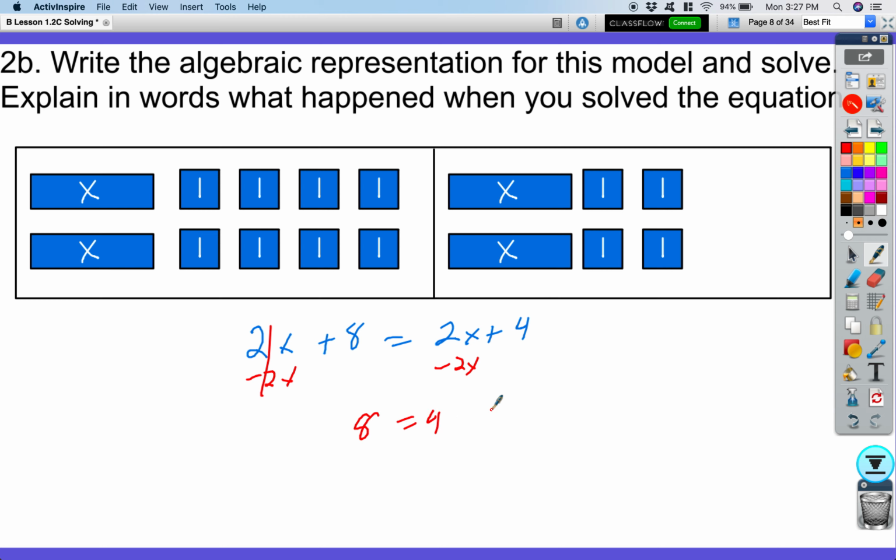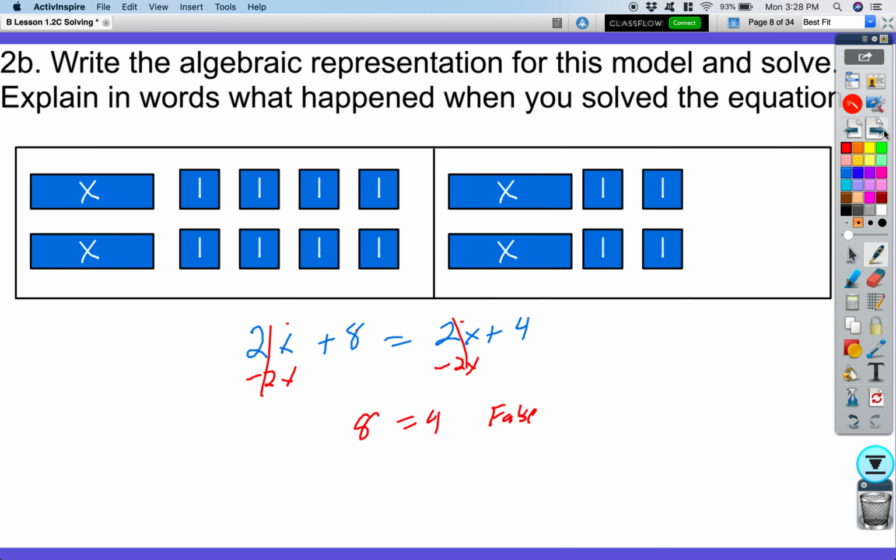Now this is not a true statement. It's a false statement. When you solve and there are no more x variables, all the x's go away. Remember, I'm left with one of two types of solutions. Either no solution, it's not possible, it's never going to happen, or infinitely many solutions, meaning no matter what happens, they'll get a true statement. In this instance, it is a no solution, and that was because my x values were exactly the same, but